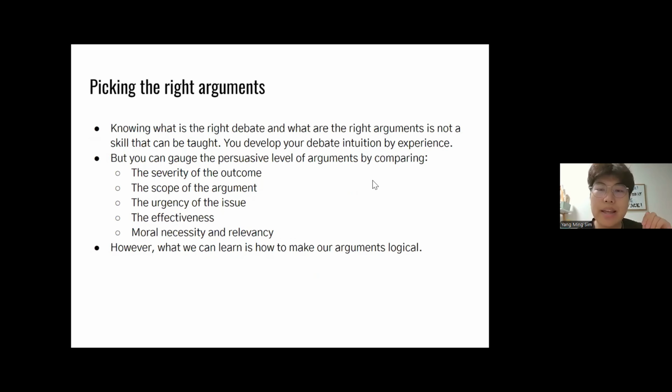It's always through experience that you develop your debate intuition. It's through constant practice and learning that you build what you call a debate sense, where if you look at a debate motion, you know how to read it and how to develop arguments. But today we can look at how we make arguments more persuasive by comparing the following